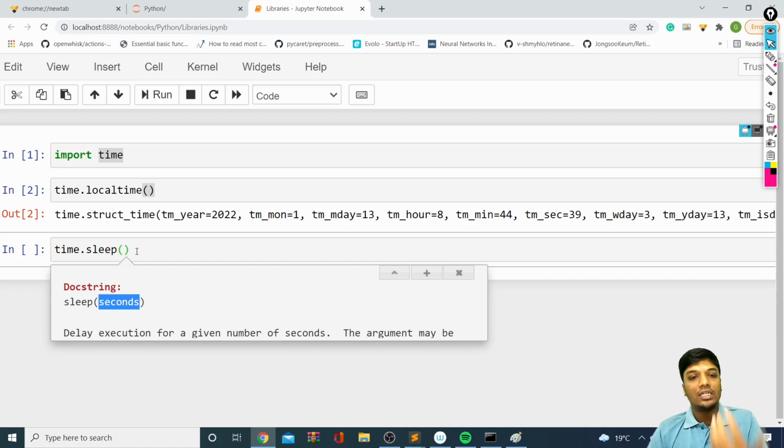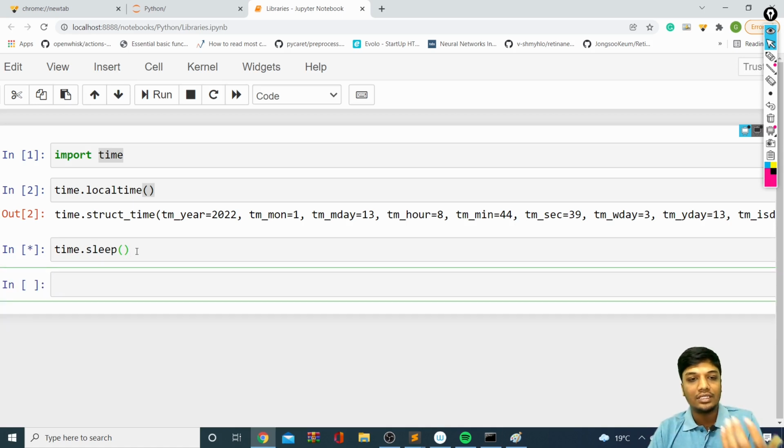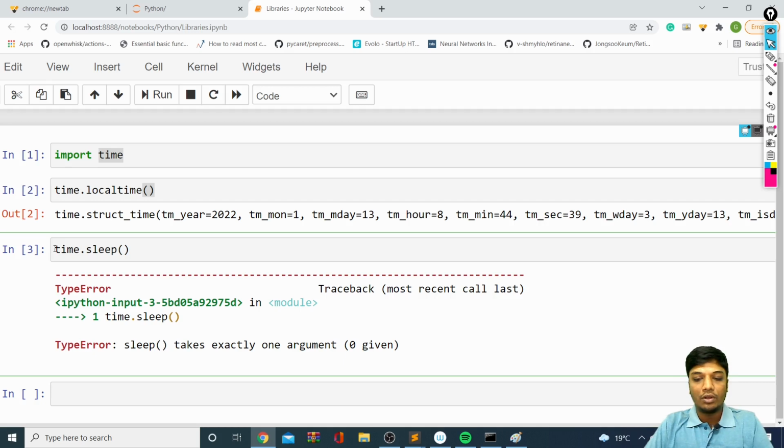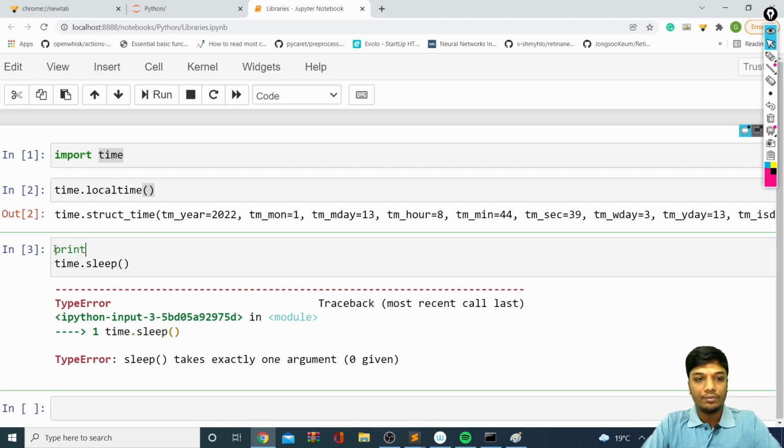But in sleep, compulsory you have to give the arguments. If you don't give the arguments, it throws an error saying that sleep takes one argument. Okay. But before working with sleep, let me write a simple code. So I'll just say print